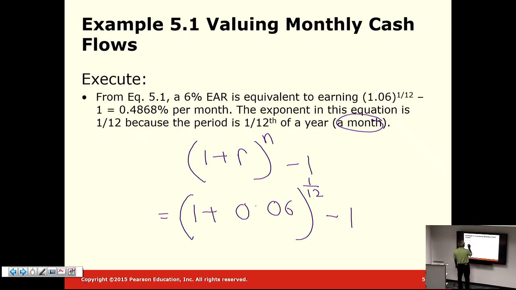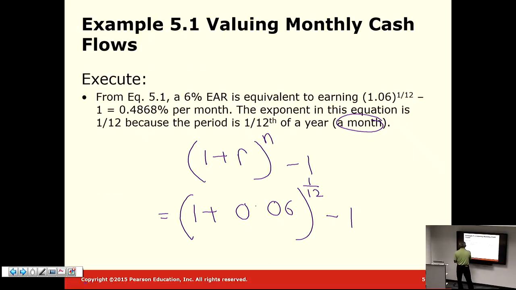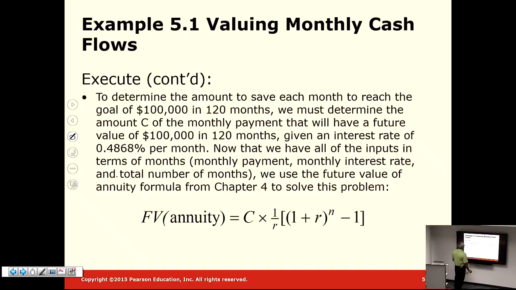So that will give you, so it'll be, the answer was 1.0049, which is 0.49%. So I'll subtract 1 from this. Approximately it will be 0.49%. So okay, now that I know this to be 0.49%, then the question is, what will